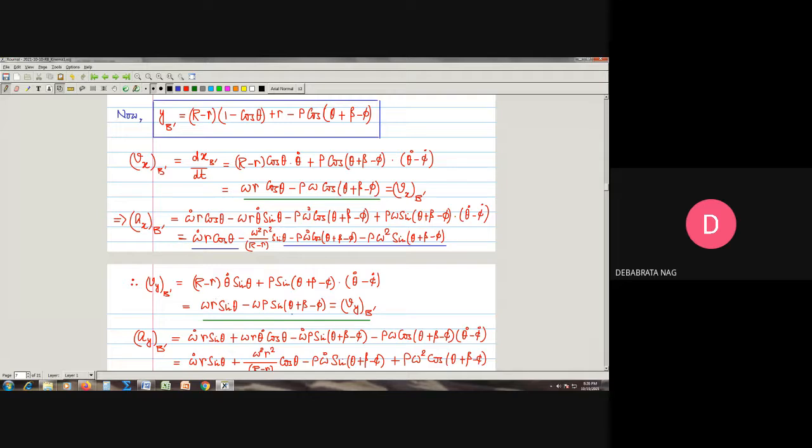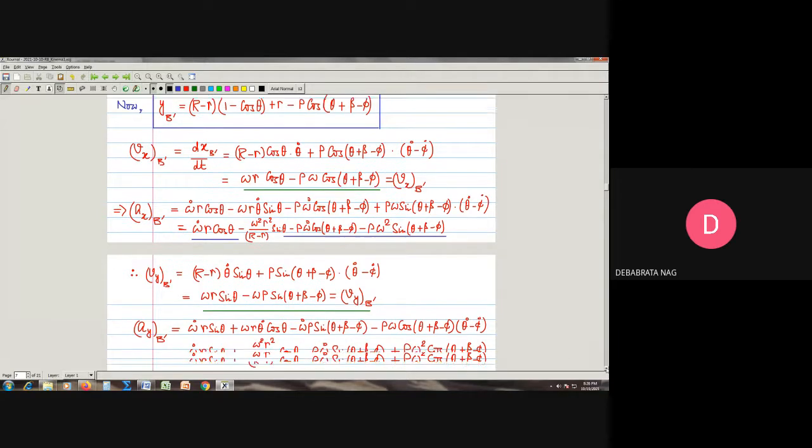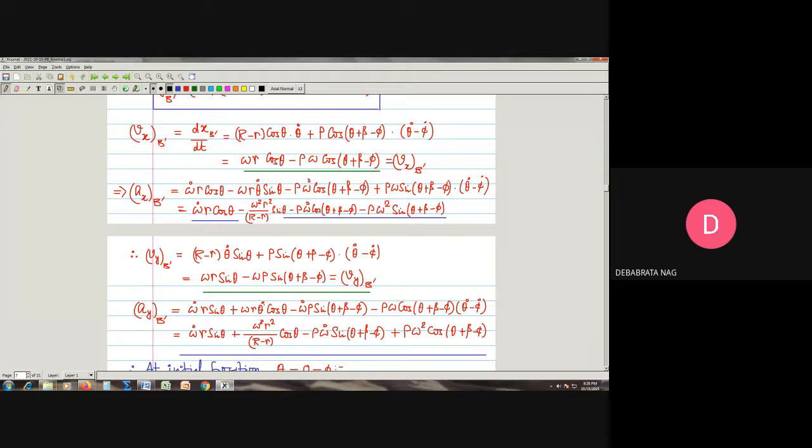Again, if you differentiate this, you will be getting the acceleration for the point b dash, and do the algebraic simplification. That means replace this expression for theta dot and replace this expression for theta dot minus phi dot will lead you to the ultimate expression for your acceleration. So all these underlined expressions, green underlines indicating the velocity components, blue underlines represent the acceleration components for the point